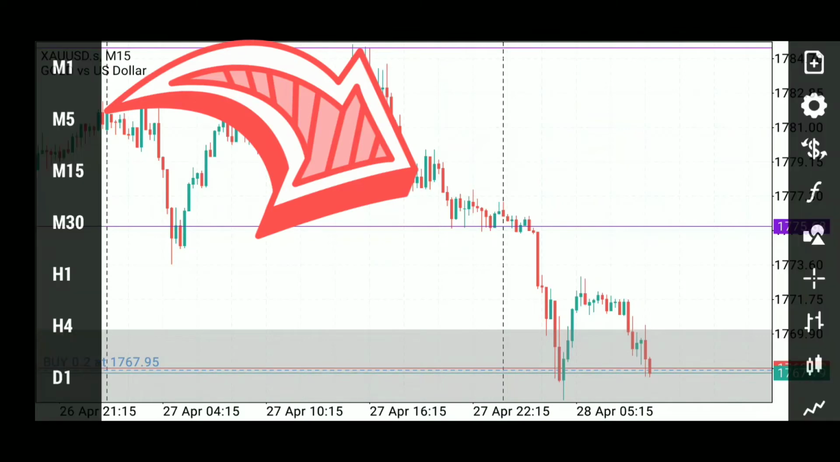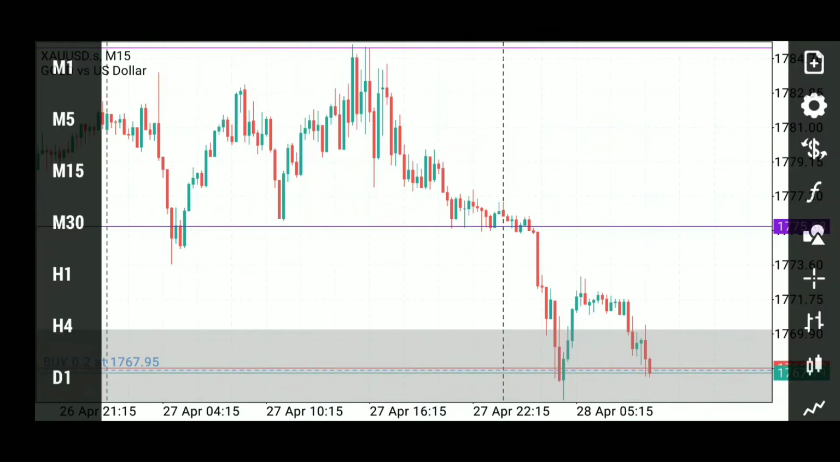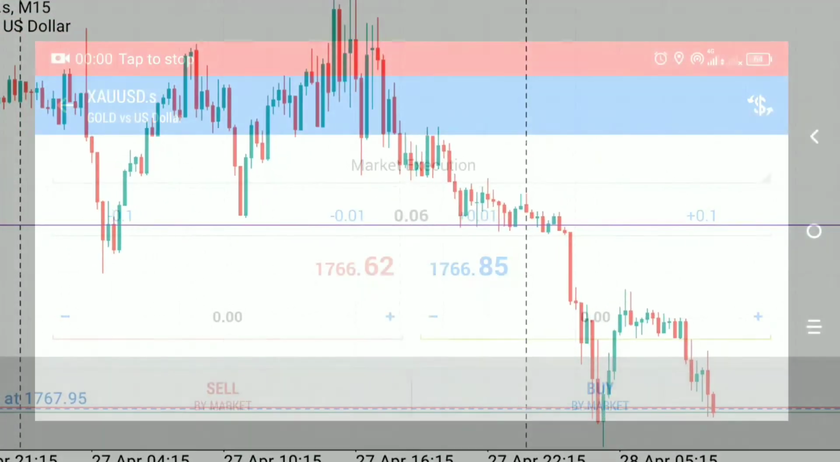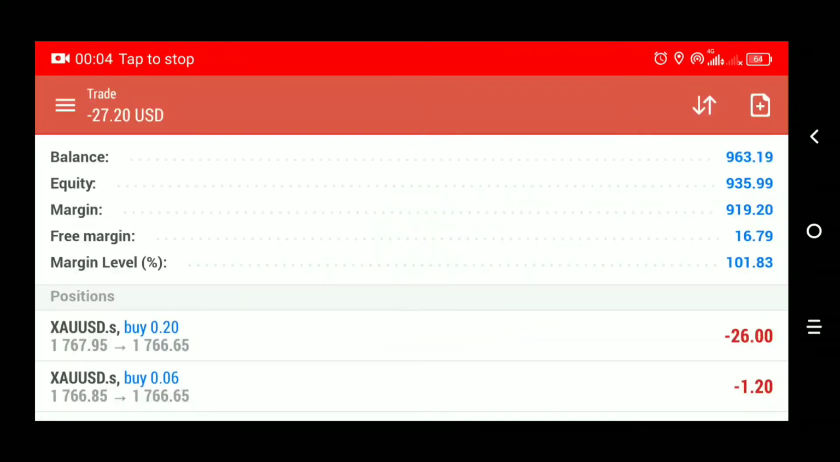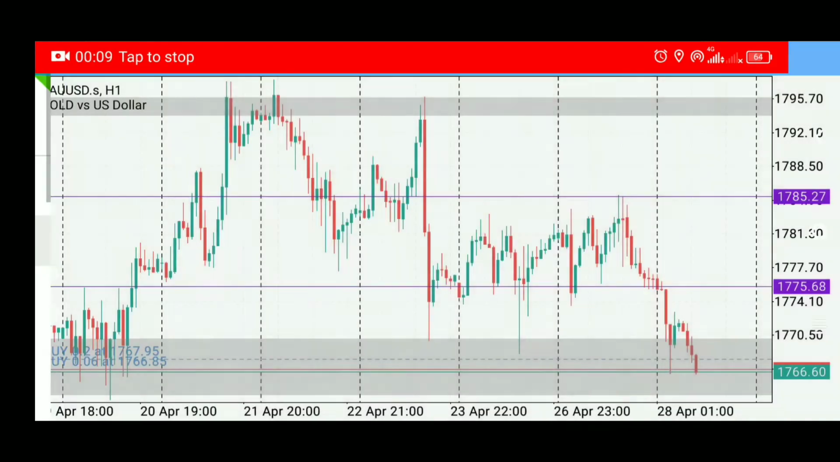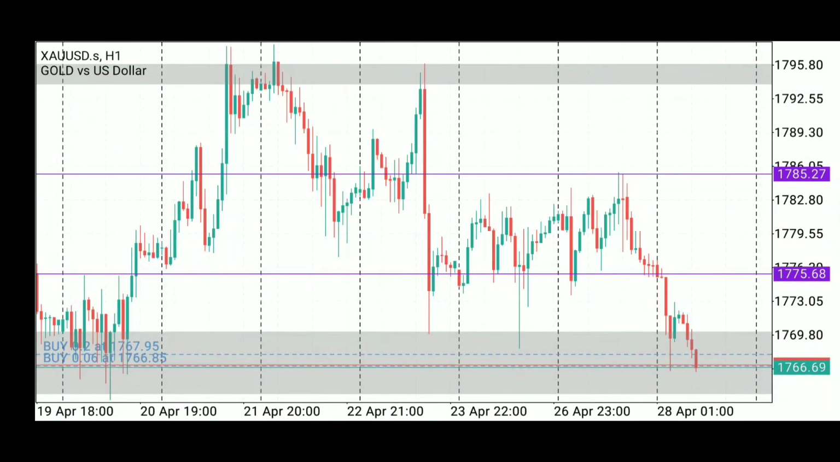Okay, so we already profit on some level there and it goes back down, so I enter another position in that area also. Okay, so I enter that one. Now I have two positions already. Okay, from here